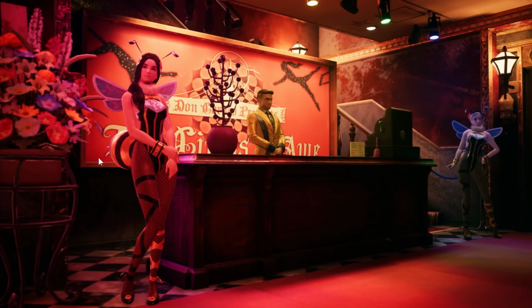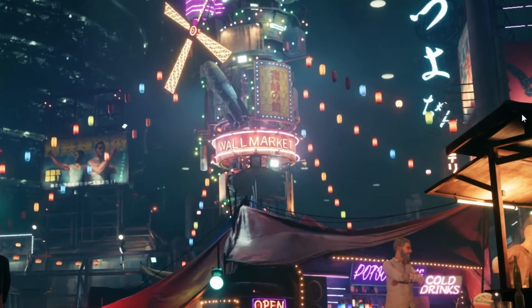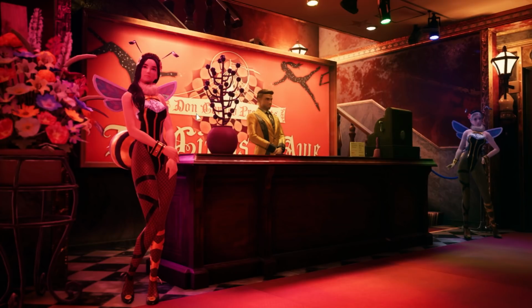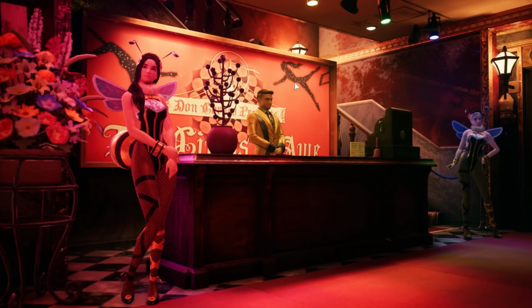Now, this one might also feel a little bit familiar, because it is also visible here in Wall Market itself. And it says, Don Corneo presents something circus something. We've seen the dancing scene here, but I don't think there are swinging honeybees around. Interesting. What's also interesting is the stairs that lead to the upper floor,